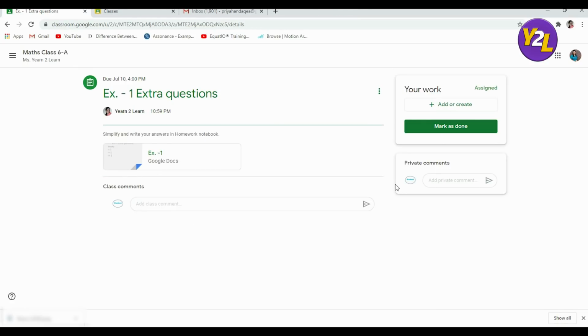Now this is the page that appears. You can see here add or create. Now click on this button. Google Drive is there, link is there, files, docs, slides, sheets and drawings. What you are most bothered about is docs if you are doing your work on the screen on the computer